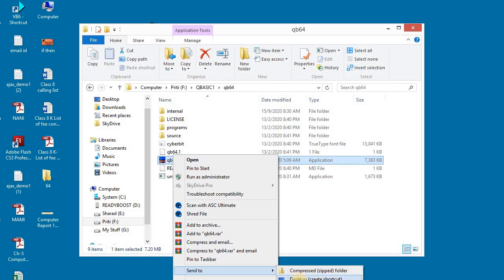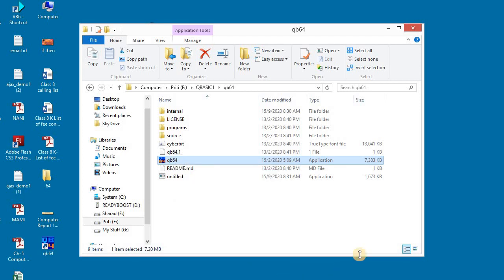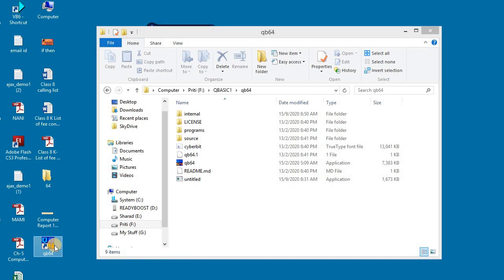Click on this option. See, the shortcut of QBasic has been created on the desktop. Now you can open your QBasic window by clicking on it.